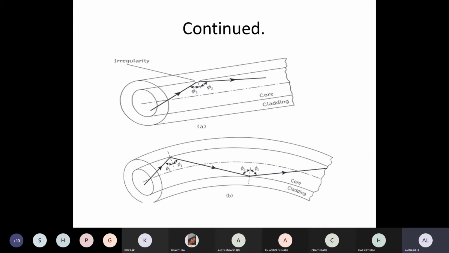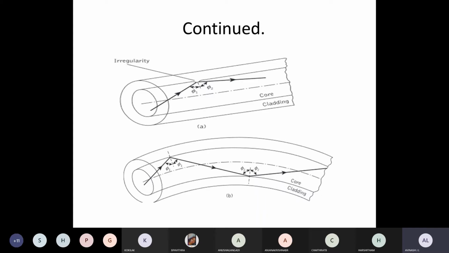Now when it is reflected and the bending is there, you can see that the next time the angle of incidence is going to get affected, because it will take a longer path. Instead of taking the straight path, it will take a longer path and hit some edges due to the bending at some point. At that time, the angle of incidence is changed. When the angle of incidence is changed, obviously the angle of reflection is the same as the angle of incidence. So the first angle of incidence and second angle of incidence are not matching.